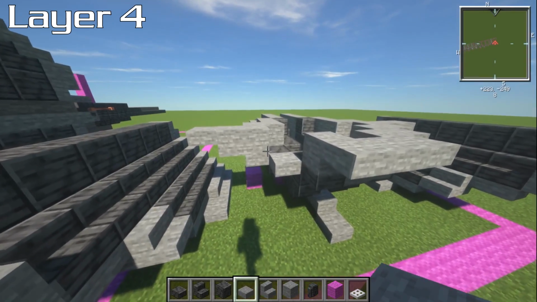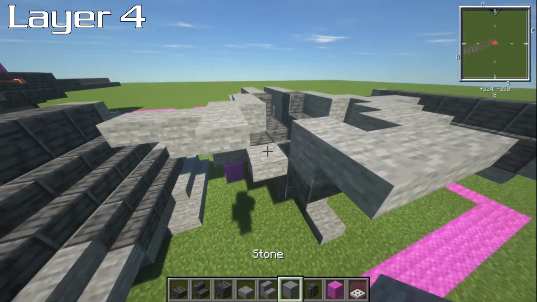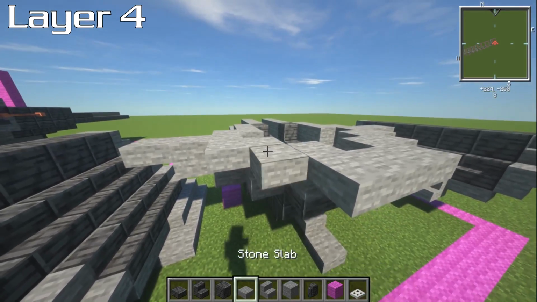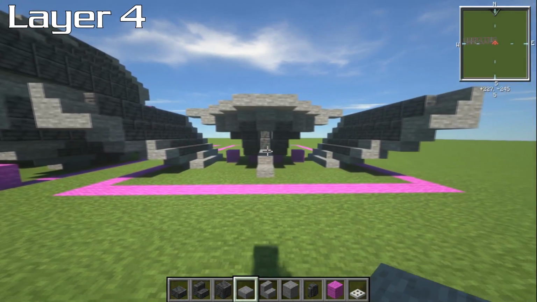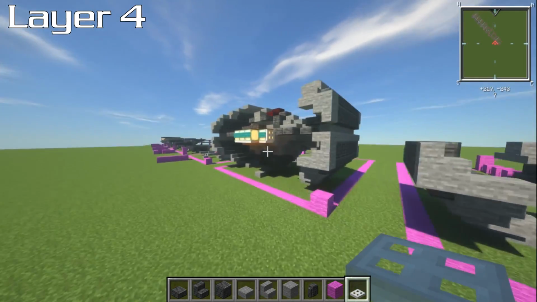Then coming around to the back, we are going to have a slab on the side of this one right here. Then a block here. Then a slab like that. There we go. So with our iron trapdoors now, this is as part of the bottom of this, just